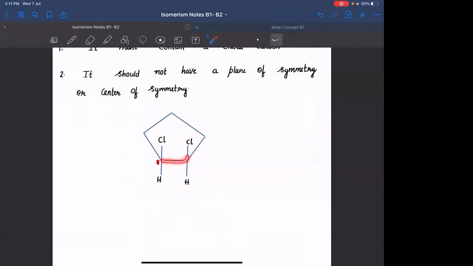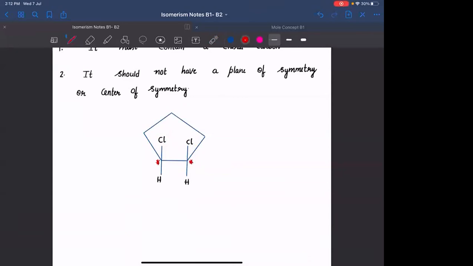Clockwise direction में आपको first carbon पे Cl आ रहा है, anti clockwise direction में last carbon पे आ रहा है. Similarly इसके लिए भी clockwise में आपको first carbon पे आ रहा है, anti clockwise पे last carbon पे आ रहा है. Okay, agreed? So you are having two different groups which are not part of the ring, and you are having different clockwise and anti-clockwise paths for both the carbons. Agreed? So these two are chiral.